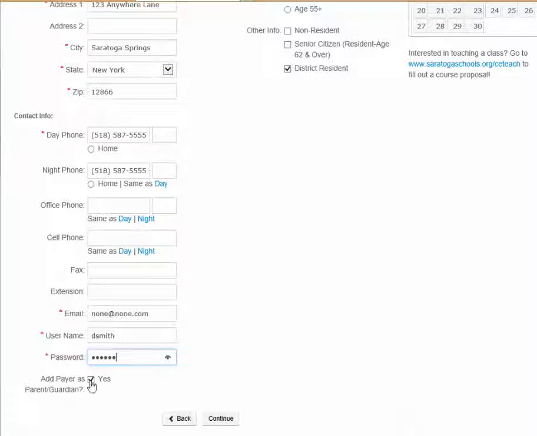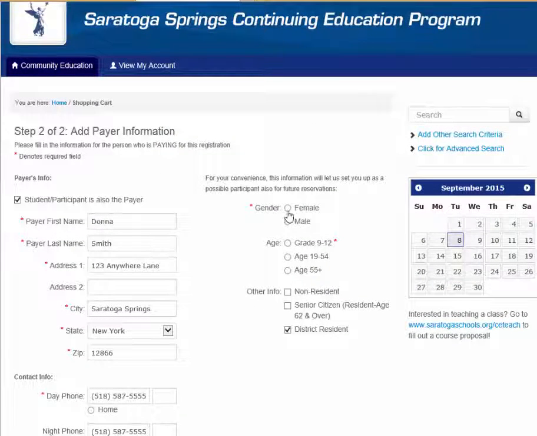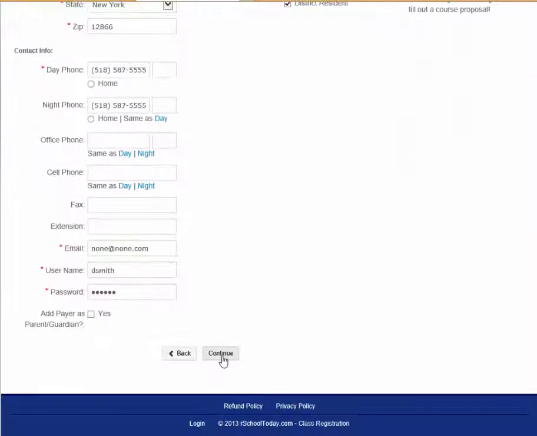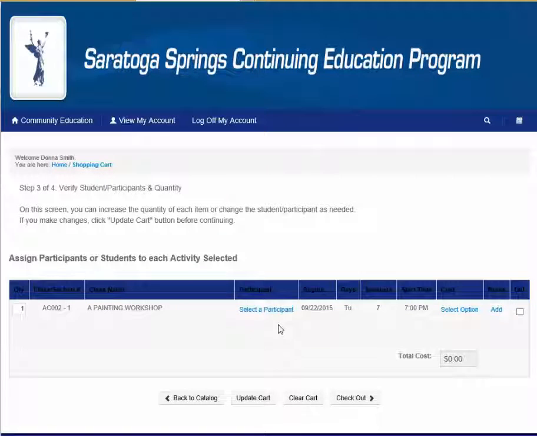If you are the guardian or the parent, whatever, I'm going to say no to that because I'm not my parent or guardian. I am a female. I will pick the same thing and I will continue. I have now created my account. When I say select a participant,